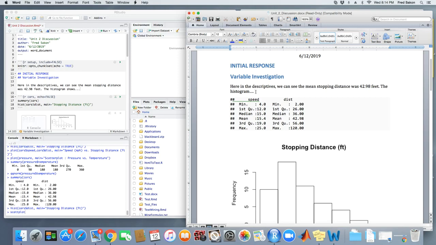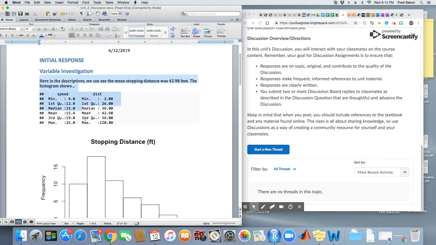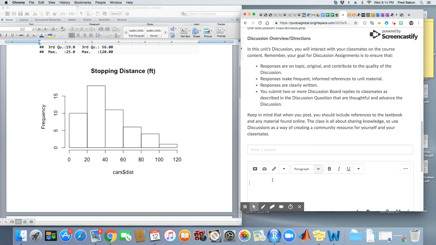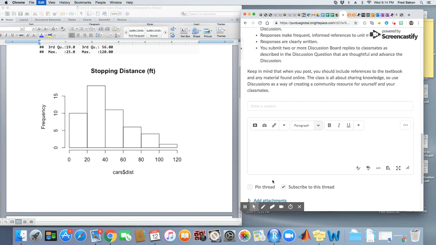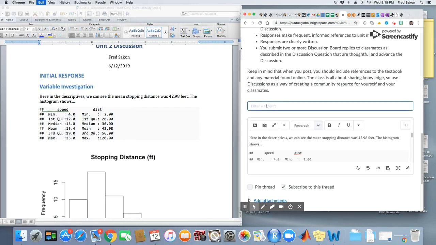Or I might choose to simply edit the content within the Word document until I'm ready with all of my writing to go in the post. Once I have everything ready, I can highlight it in the Word document, copy, start my thread in the discussion post, copy that body of content into the dialog box for the discussion, and I also have my title here ready to go. I could just type that in or copy it over,